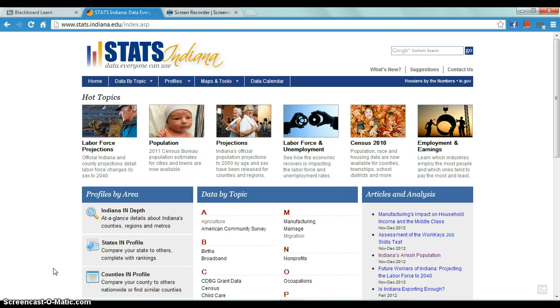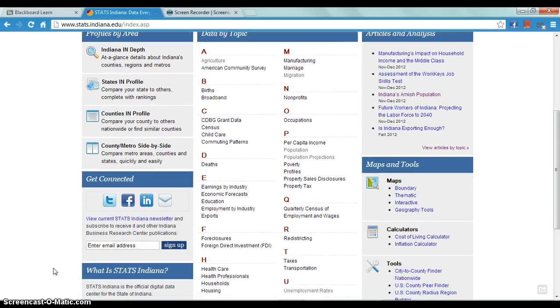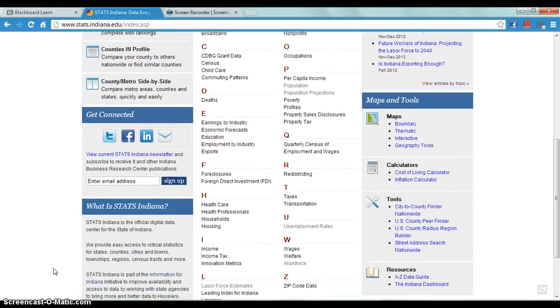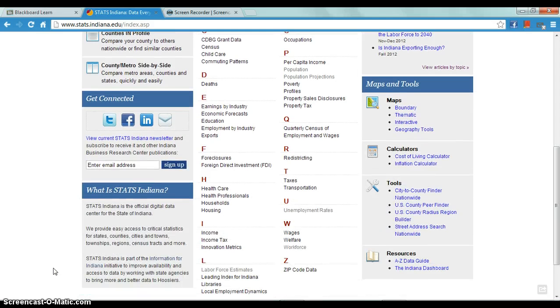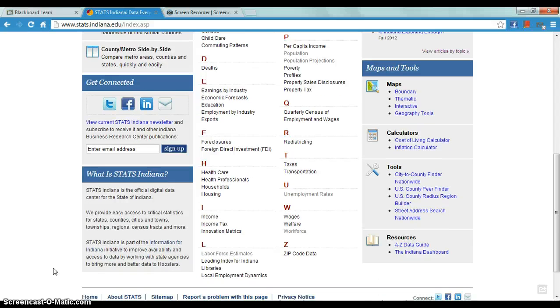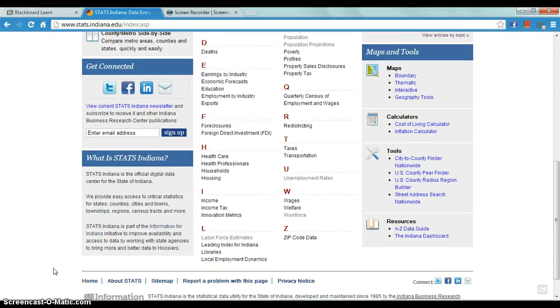Now, or at least most of it. Well, yeah. Stats Indiana is a database. It was created in 1985 at the IU Kelley School of Business, and that is where it continues to work out of, Indiana University. Now, right here on their website, they say that they are the official digital data center for the state of